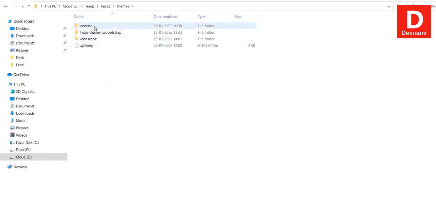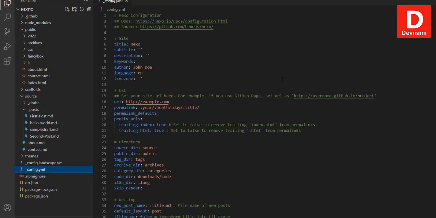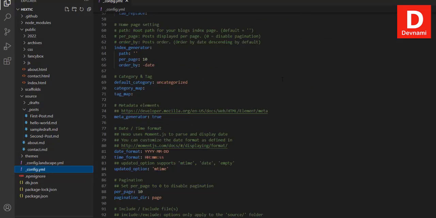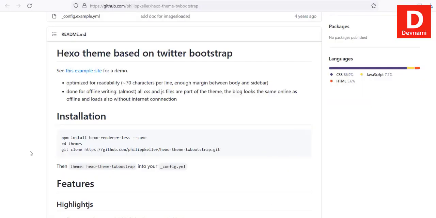Here you see we have concise, then Twitter Bootstrap, and landscape, which is the default theme. So let's open Visual Studio Code and check _config.yml, scroll and find extensions, and here you see theme which says landscape. For Twitter Bootstrap, we'll have to copy this particular theme name